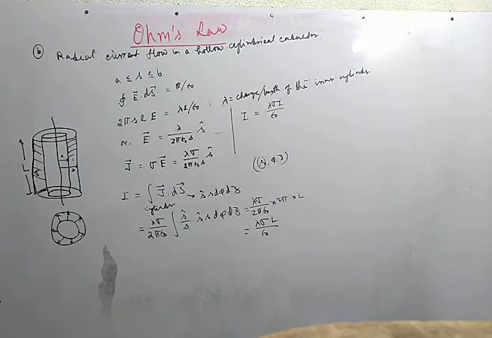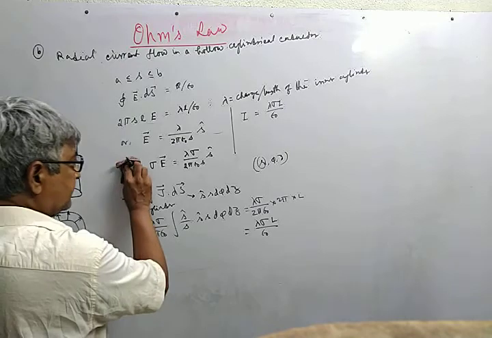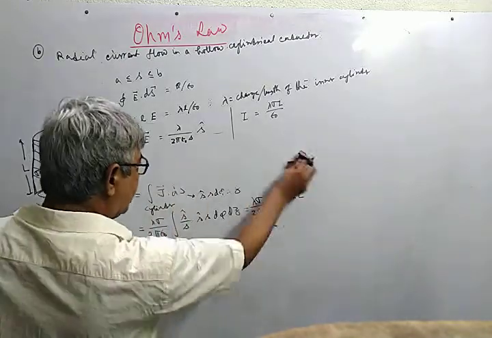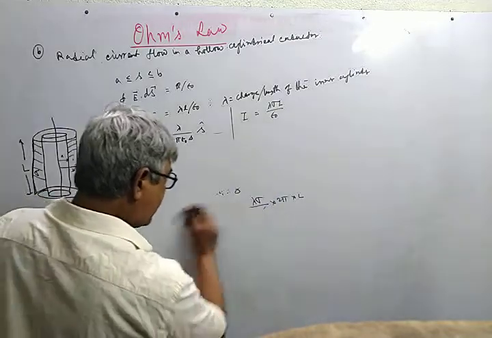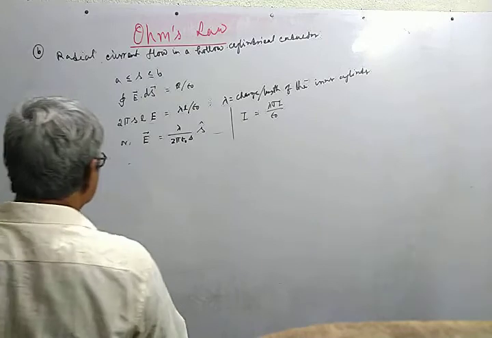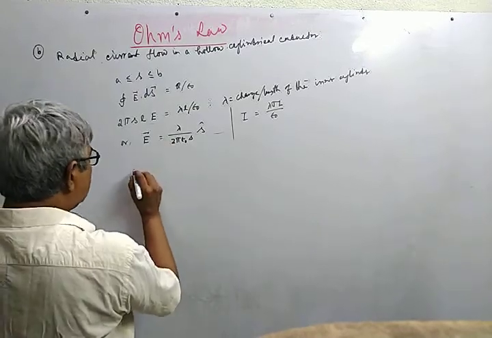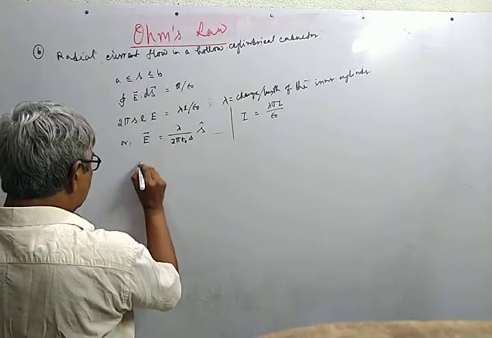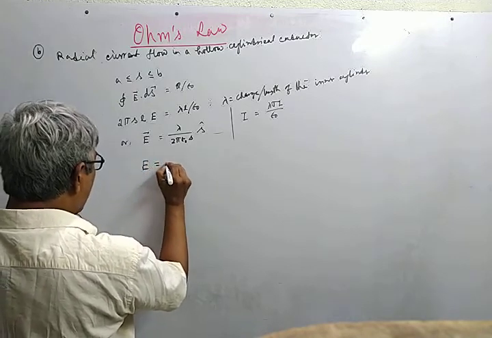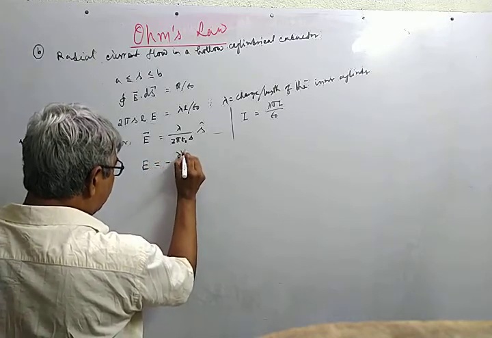The potential difference has to be evaluated using the law that E is governed by the gradient. E is equal to minus del V